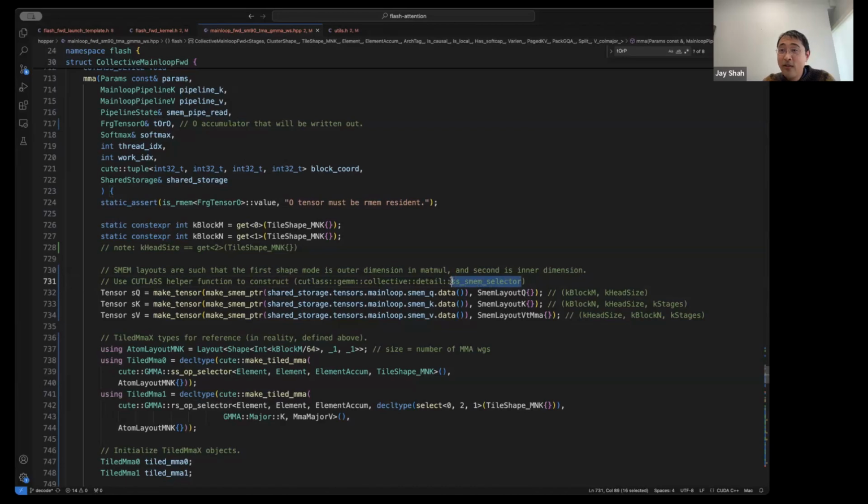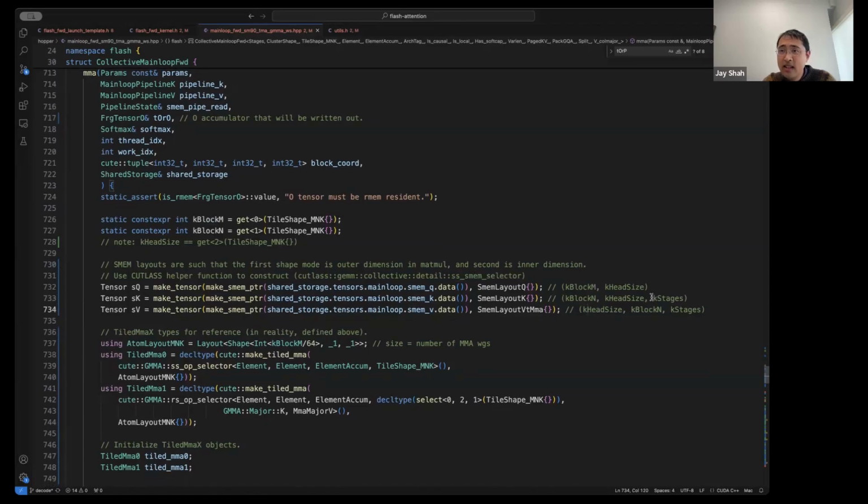I don't have any real freedom in choosing these layouts, apart from first the shape. The shape here is K block M by K head size. And likewise for K and for V, where I also have the third mode as the number of stages being used in the pipeline. Because this is something you don't have so much freedom over, you can just delegate that to Cutlass. Cutlass will produce the right layout for me using this SMEM selector function.